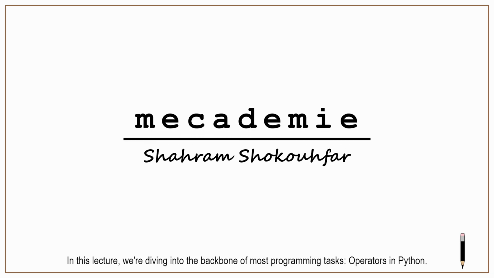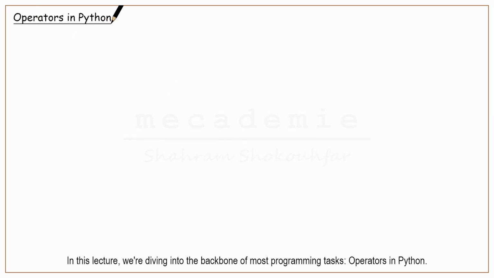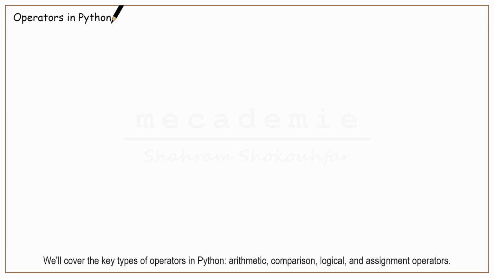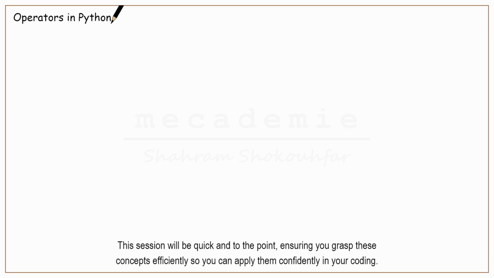In this lecture, we're diving into the backbone of most programming tasks, operators in Python. Operators are the tools we use to manipulate data and perform various operations. Whether you're adding numbers, comparing values, or assigning variables, you'll be using operators. We'll cover the key types of operators in Python: arithmetic, comparison, logical, and assignment operators. This session will be quick and to the point, ensuring you grasp these concepts efficiently so you can apply them